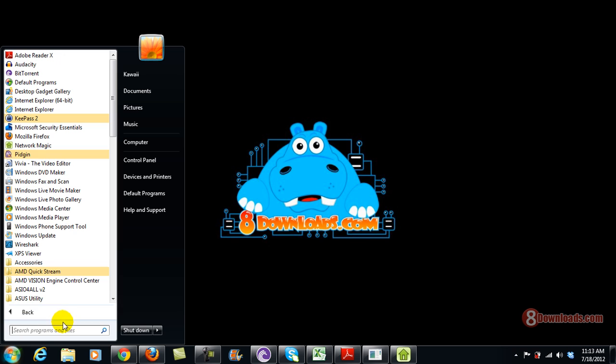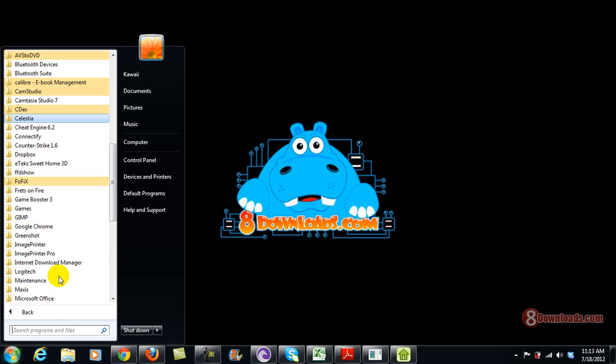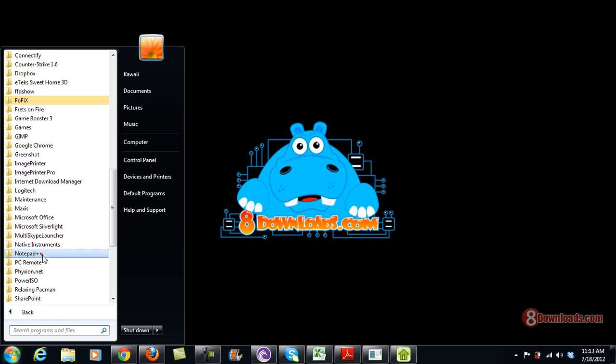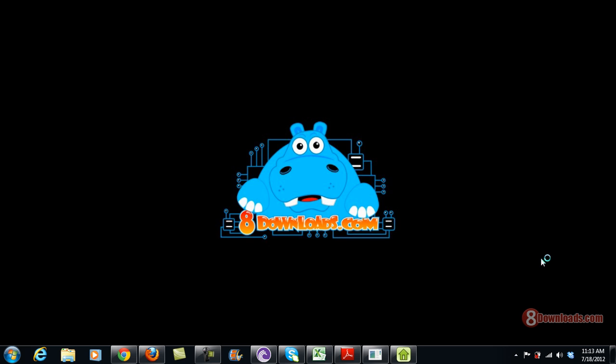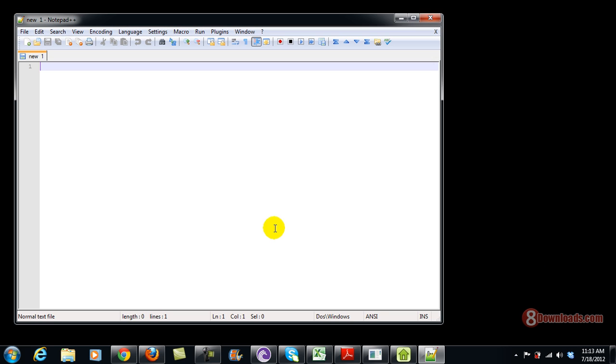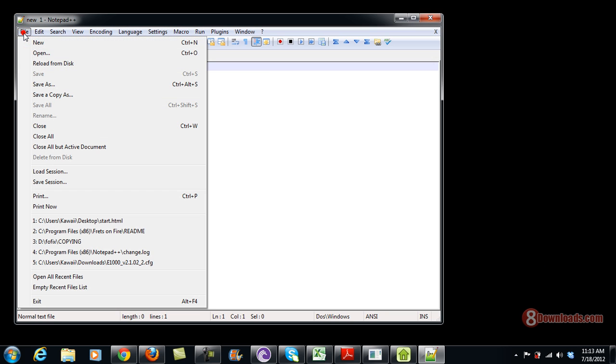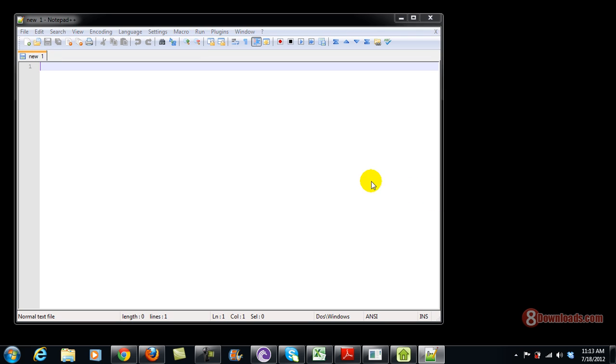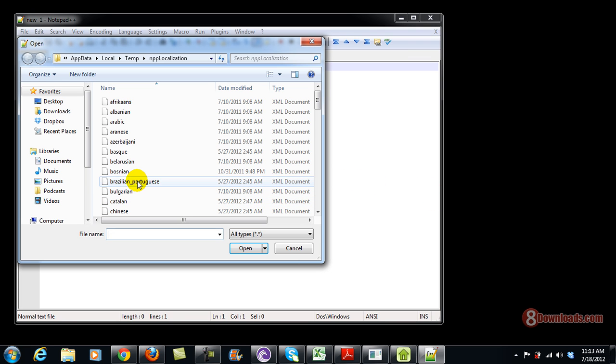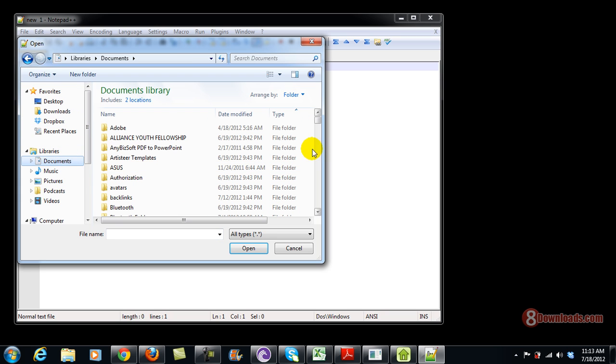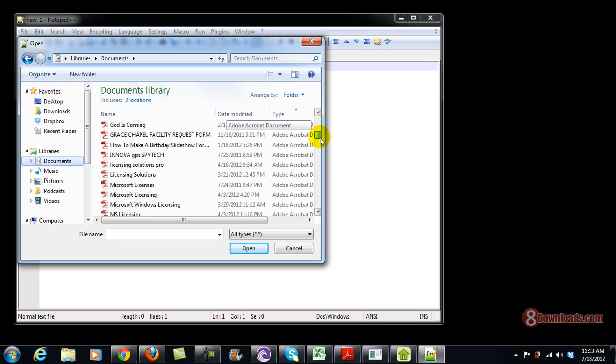And today we are going to discuss furthermore about Notepad++. So right now I'm going to run my Notepad++, and this time we will open a text file, a random text file. And what are we going to discuss today? We are going to discuss today about probably how to change the Unicode of a file.